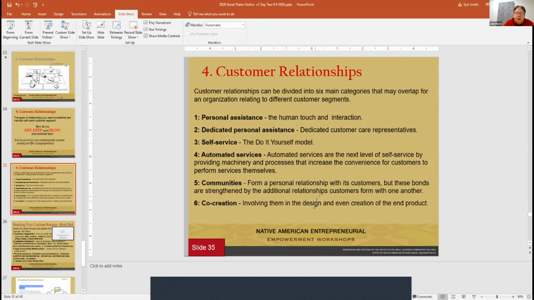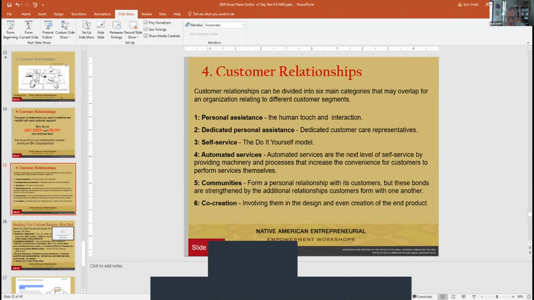Where were you going, Kyle? No, I think you're right. I mean, it's somewhere between this 3 and 4 here. It's 3 and 4 because, you know, you can order online and get stuff. And then you have this also automated services. The idea is that